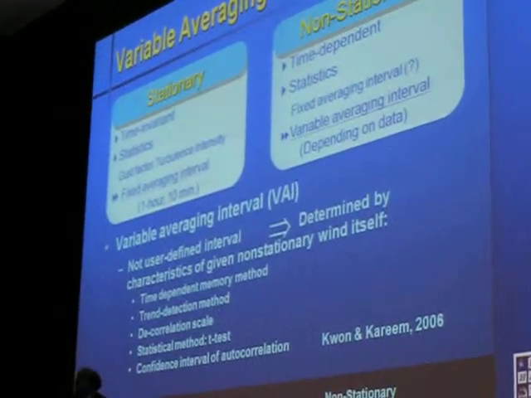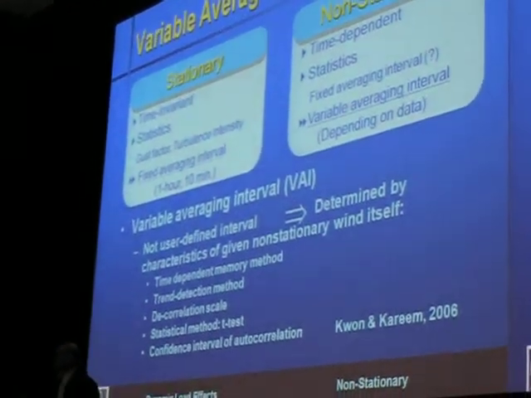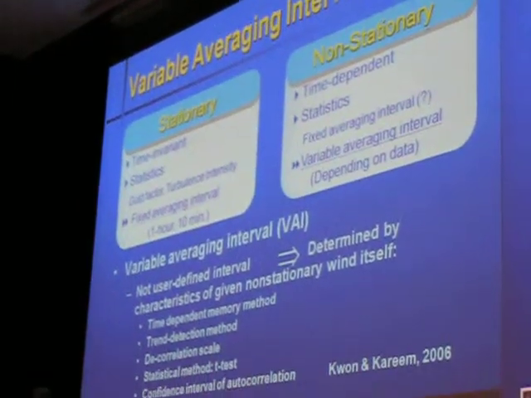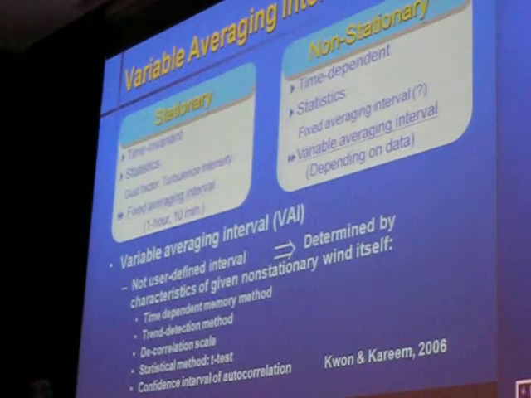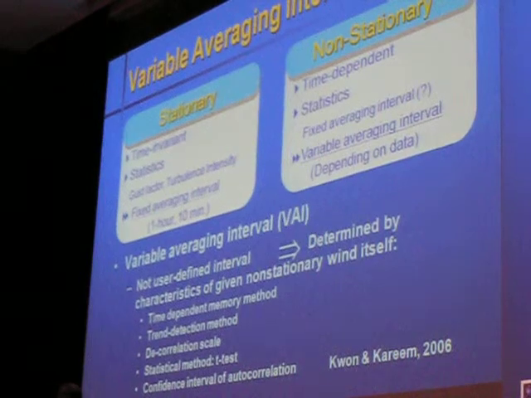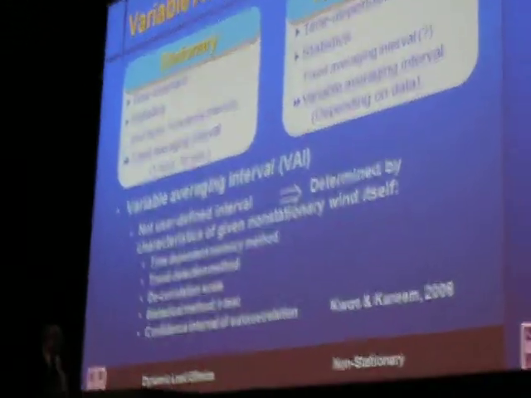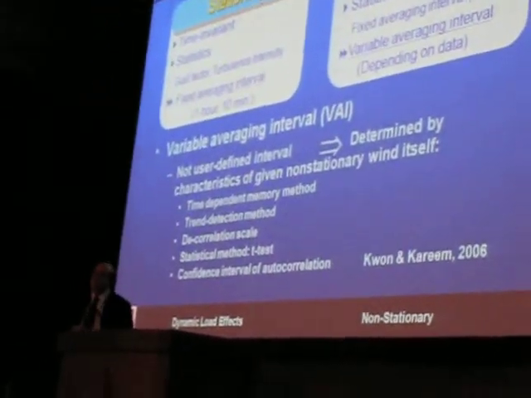We all used to use a 10-minute average, half an hour average, 1 hour average, but these storms are non-stationary and very short. So now the current thinking is that it should have a variable averaging interval, and that should not be determined by me or you. The data itself should determine it: the memory in the data, the scales present in there. There are certain techniques which we are looking at, trying to come up with a more comprehensive way to do that.